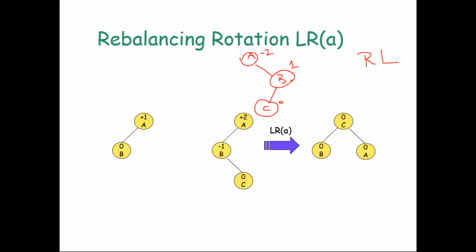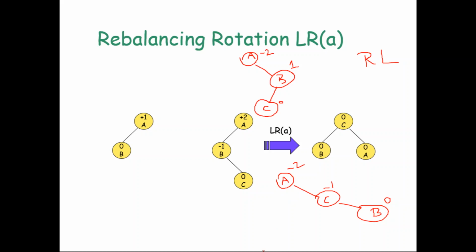When you perform the right rotation, B will come down and C will go up. So the tree will become something like this: A, C, and B. Now again if you see, the balance factor of B is 0, the balance factor of C is 0 minus 1, which is -1, the balance factor of A is -2. Now once again you perform a left rotation.